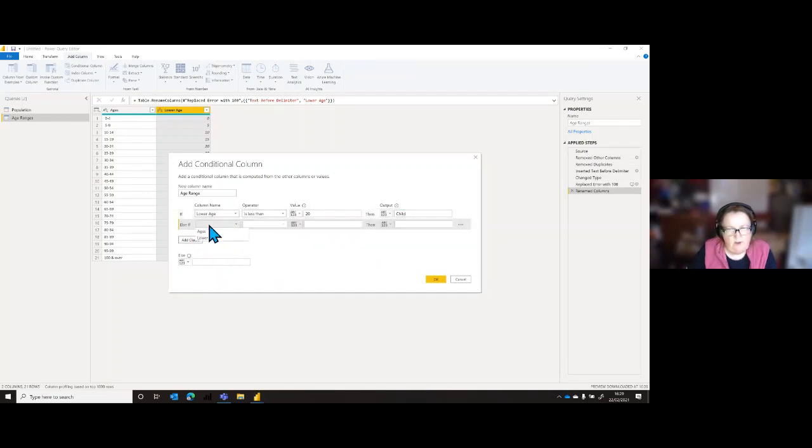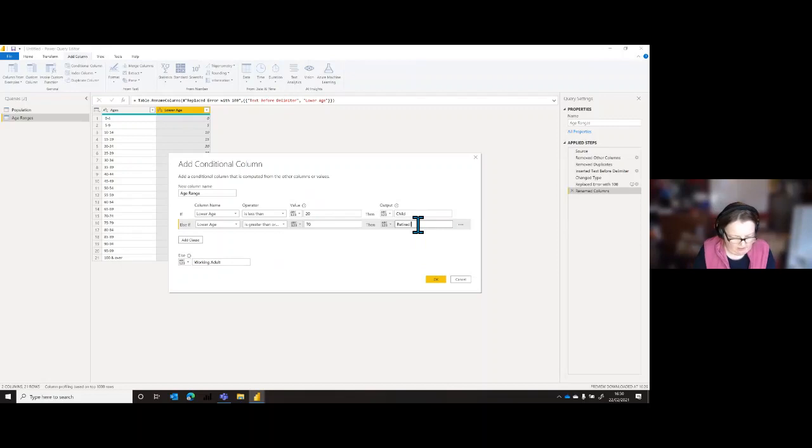And we're going to go if lower age is greater than or equal to, I think I have to use on this one. So work them out. Do make sure that you know where you want the different age ranges to go. Okay, so let's put that in as retired, and the else I'm going to put in as working adult.